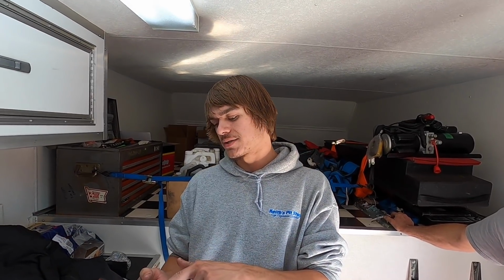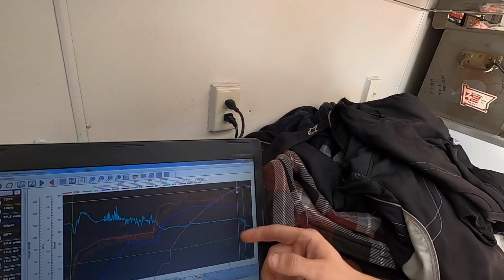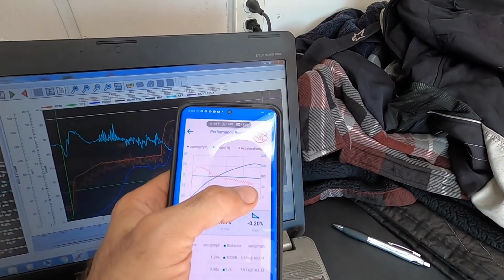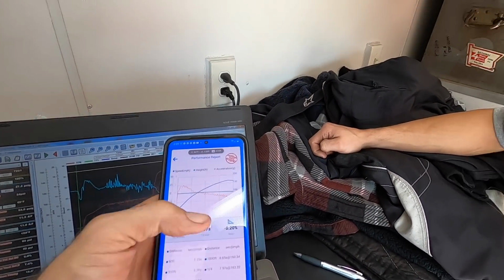I want 2.3 to the 60 on its time slip, so it's a little bit different. But it says 1,000 foot was a 6.65. You can look on the log, and at 6.8 seconds, it was on the limiter. So we were probably a couple hundred feet shy of the quarter mile. So right there being where he lifted, and that was saying 1,000 foot right there, and you're saying it's, I mean, it's got to be